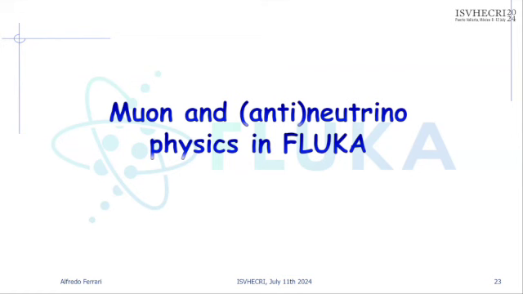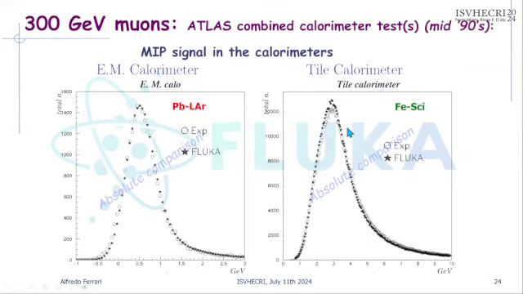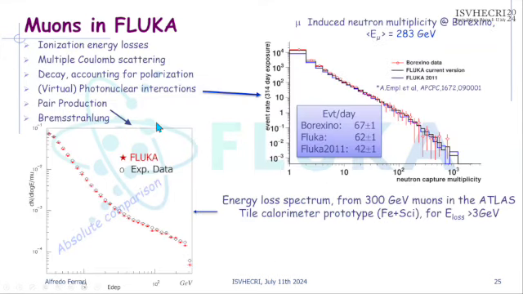Very rapidly, some example of what Fluka can do for muons. These are very old data. We used in the past, in the mid-90s, the Atlas calorimeter test to take data with muons. And this is just the minimum ionizing signal in the electromagnetic calorimeter, lead liquid argon, and in the hadronic calorimeter of Atlas, iron scintillator. And here in the next plot, you have on the bottom, this time the energy loss spectrum in this case